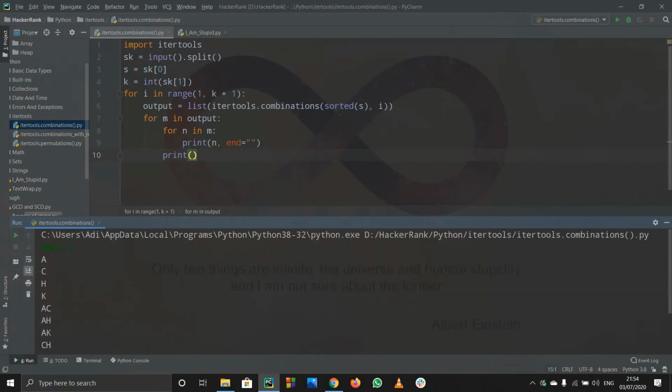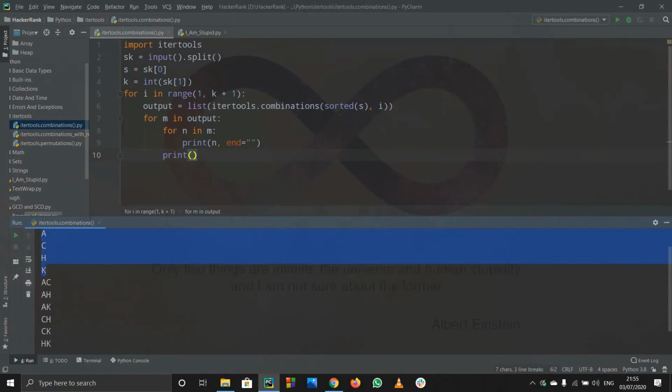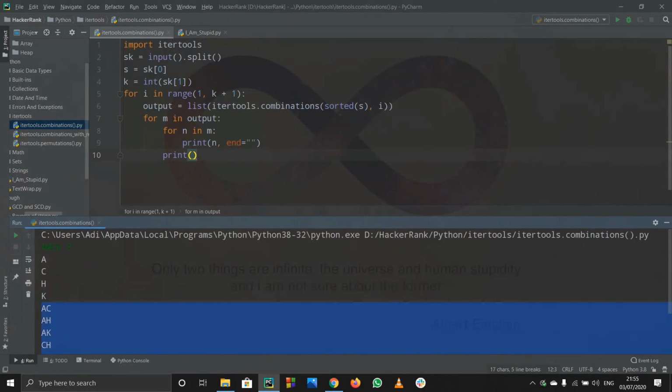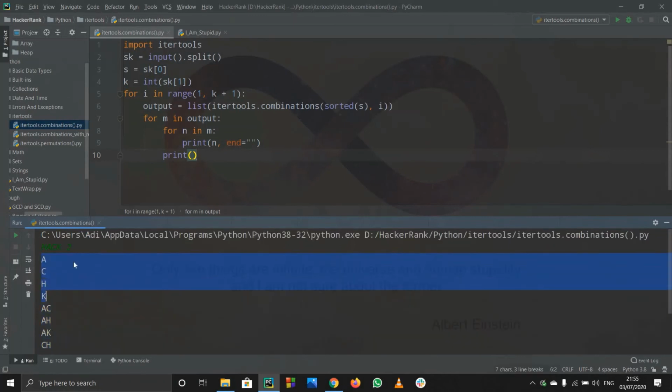And the length also: I will start from 1 up to k, that is 2. So from here up to here i is 1, from here up to here i is 2. I'll tell you what is happening. Here i is 1 up to here, and whatever I highlighted is for that particular part where i is 1. After that m will be equal to that output, so m will be a tuple of a. And when I write for n in m, n is the string in that tuple m.